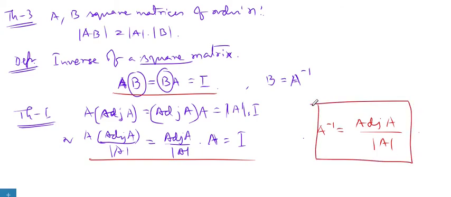So what we have to do for finding the inverse of a matrix? First we have to find out the determinant value of the matrix and also the adjoint of the matrix, and then dividing them will yield the inverse of a matrix. Now there are some ifs and buts and conditions for finding the inverse of any matrix. Now we will see into that.